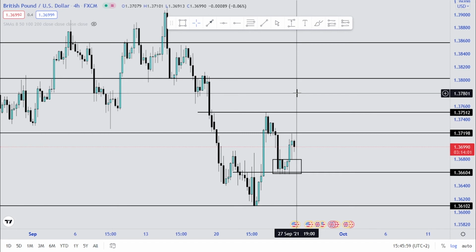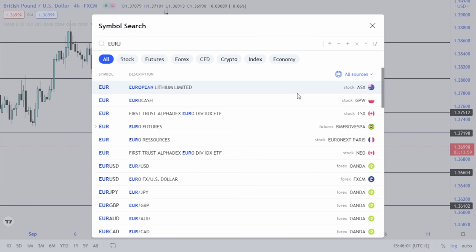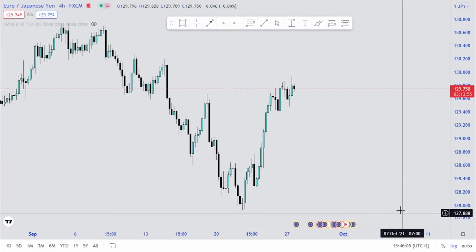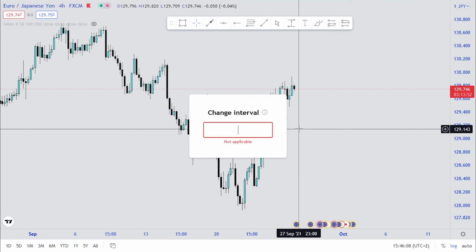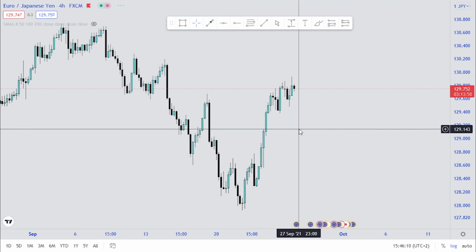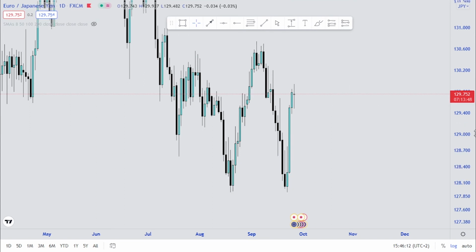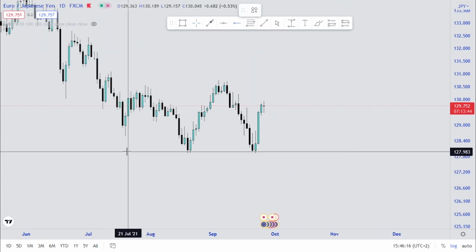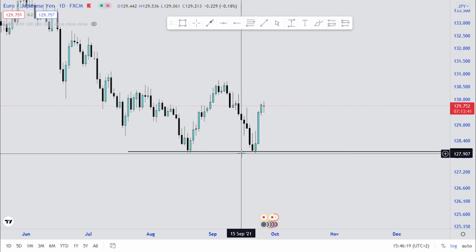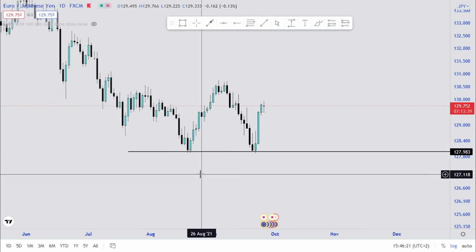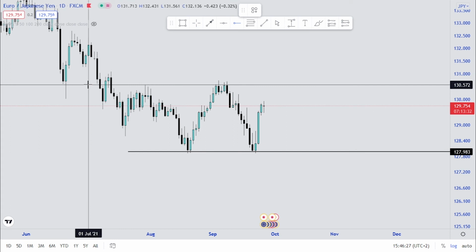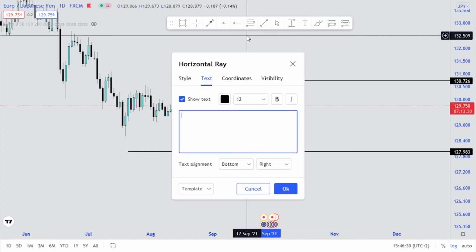So guys, let's scale into Euro JPY. What I can see on Euro JPY is that we must start from clean charts first. What I can slightly notice right now is that we did have a beautiful double bottom on our daily time frame here at this region of 127.983, and we can also see that price will most likely come and test this area by the end of